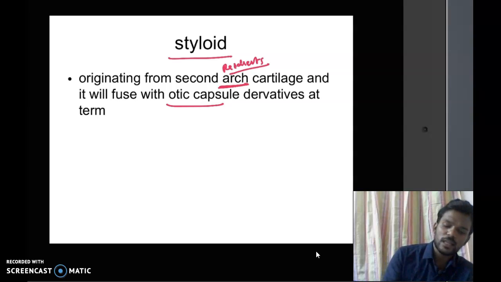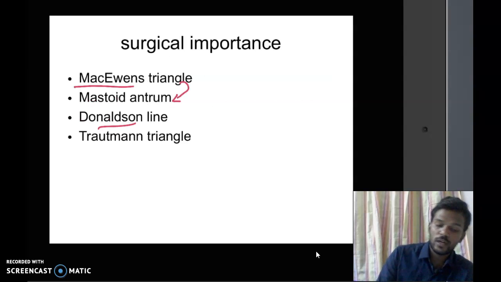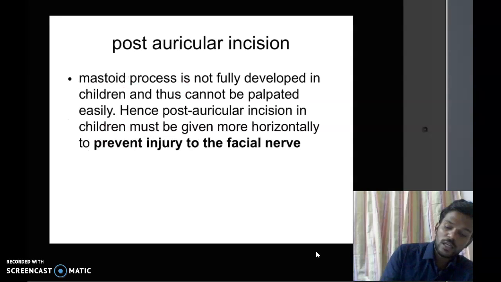So important things are McEwen's triangle. McEwen's triangle is for identification of the mastoid antrum. Then Donaldson line and Trotman triangle. So first of all, as I already said, the mastoid process is not fully developed in children, so